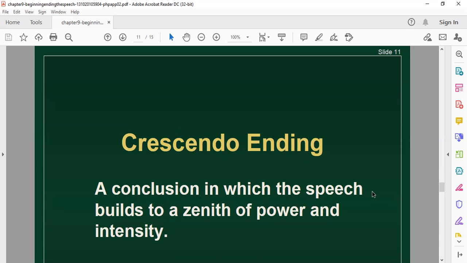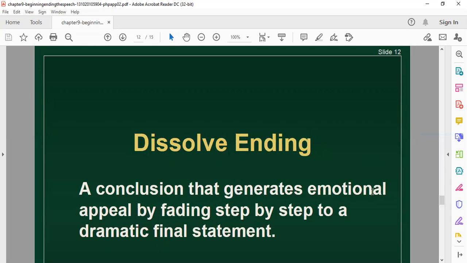It could happen in armies, right before the battle starts. Take the example of old time movies where a battle is going to start, and then there's a speech, and everybody is excited, and there are battle slogans going on. That kind of speech is known as a crescendo ending. Okay, so let's move on to another one.